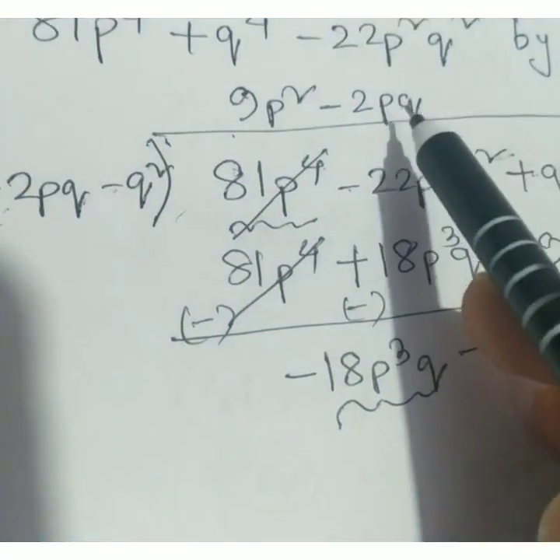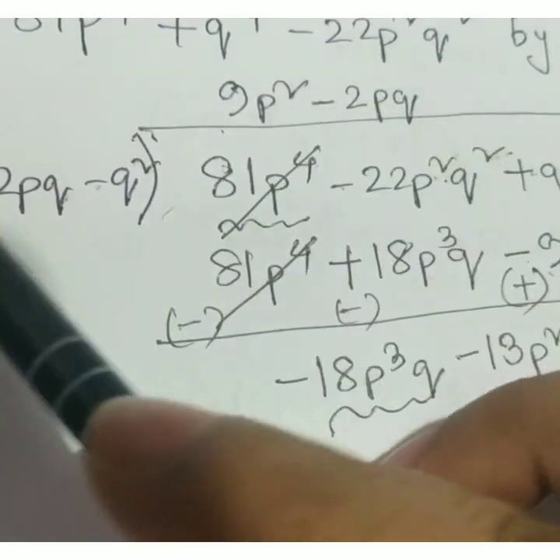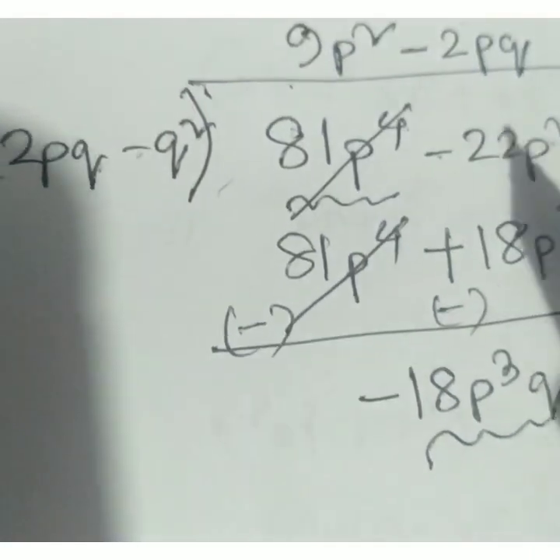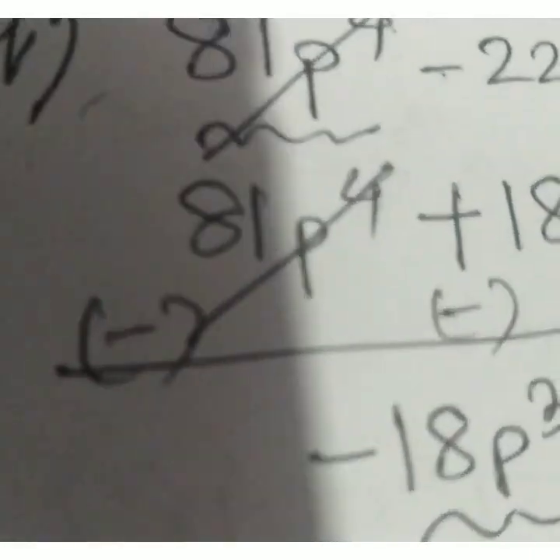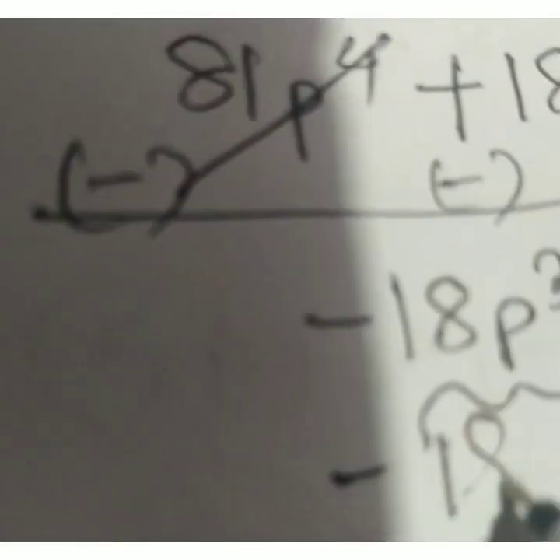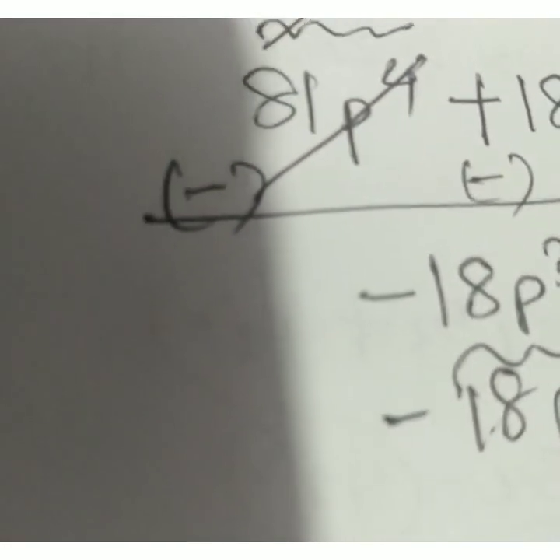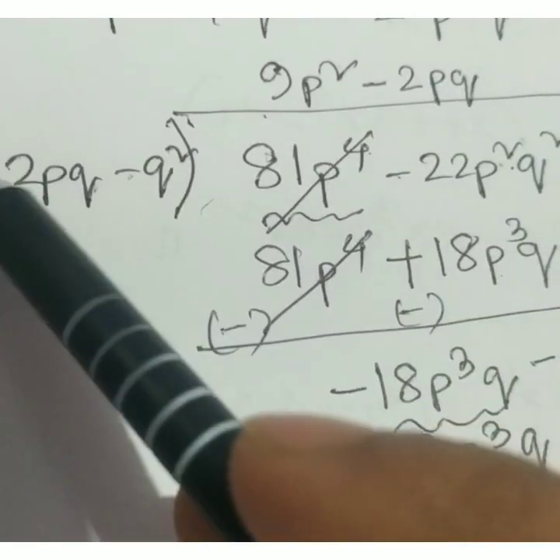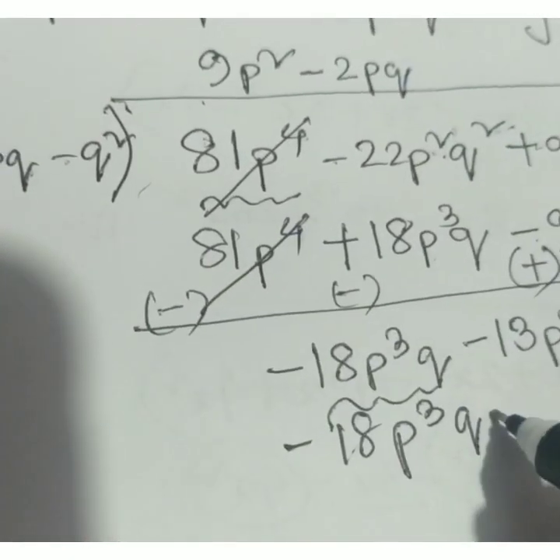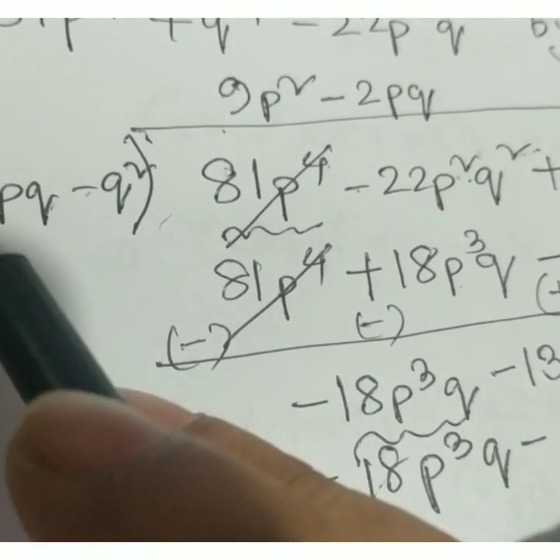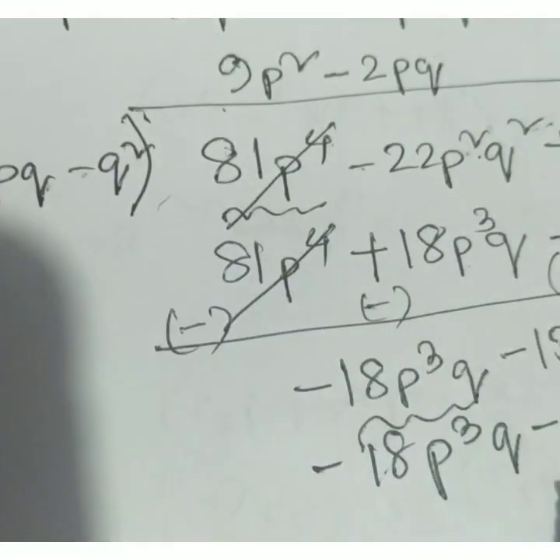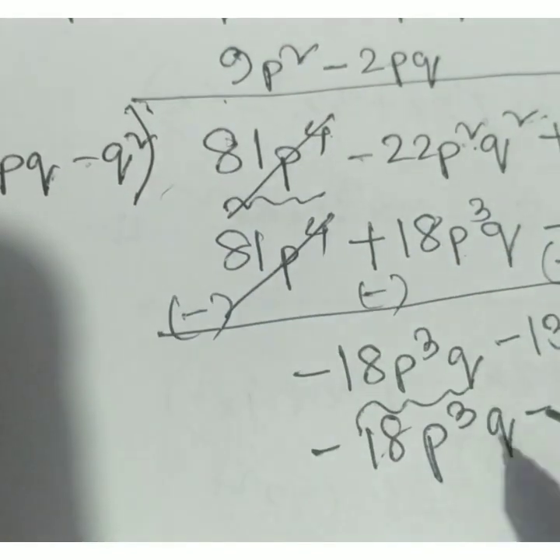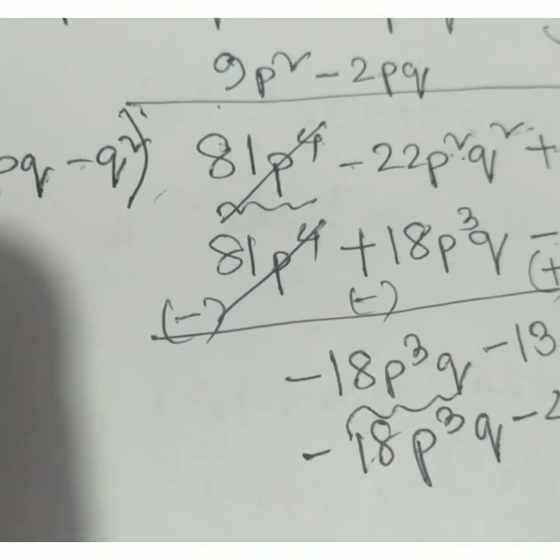Now this minus 2pq, I need to multiply it with this whole. So minus 2pq into 9p², minus 18p³q, minus 2pq into plus 2pq, minus into plus is minus, 2pq into 2pq is 4p²q²,